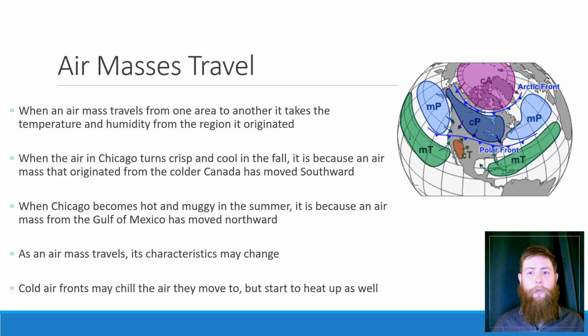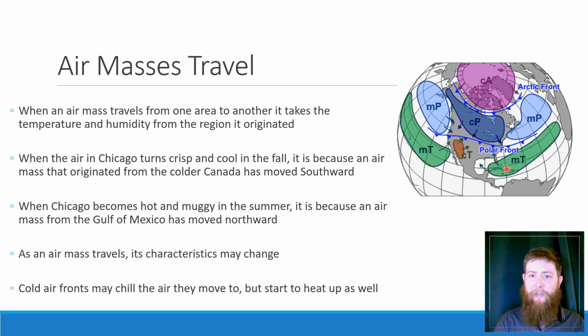So something that we've alluded to is that air masses are not stagnant. They don't stay in one spot forever. They end up at one point in time moving from one area to another. And as it does, it takes that temperature and that humidity from where it originated and moves into the new area. So like in the United States here on this map, we're in the Chicago area and it's cool and crisp in the fall. We have this colder air from Canada moving down into the United States here, this continental polar. We're going to talk about these different air masses, but this cold air bringing this temperature down.